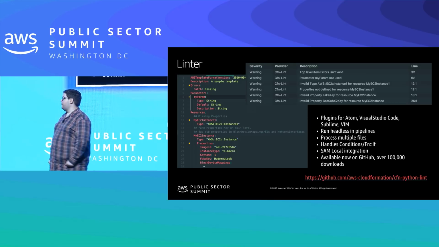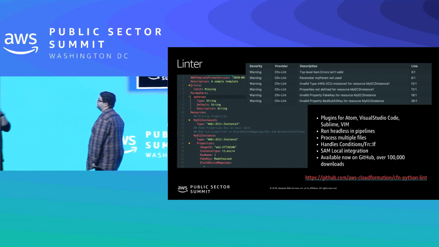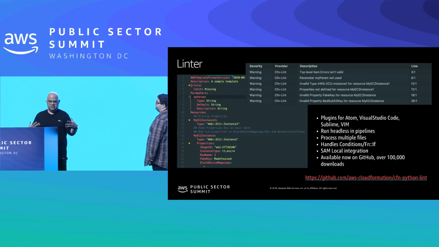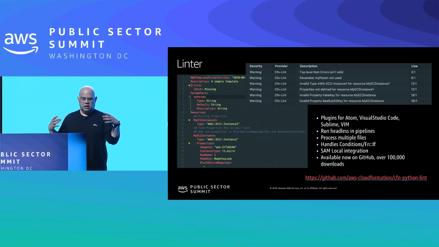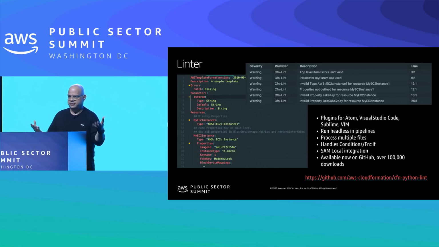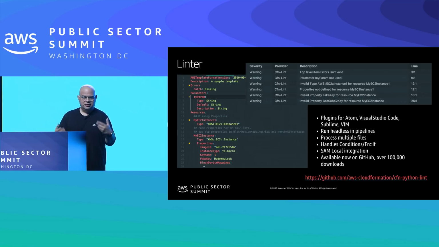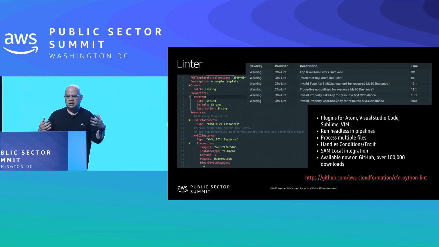Yeah, I'd like to add a couple of things to that. Like we suggested earlier, before the linter existed, a fairly common complaint from customers was that the validate API just doesn't catch a lot. It does just basic syntax of JSON or YAML. We saw an idea from a couple of employees, put it out there, and said, let's see what the community can do to improve this.